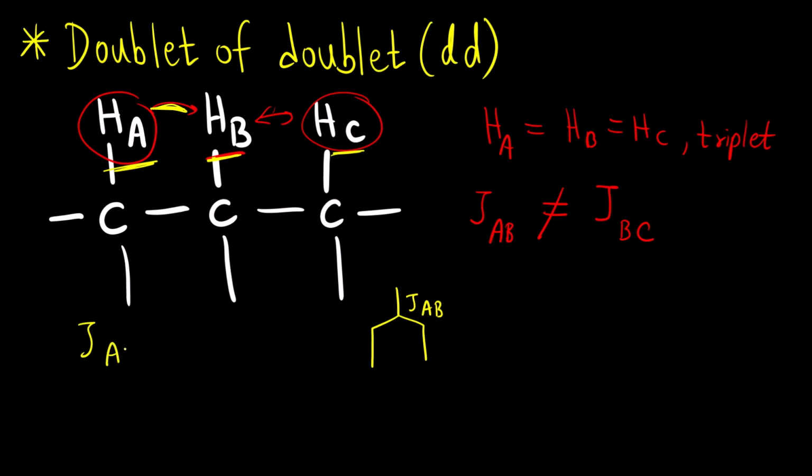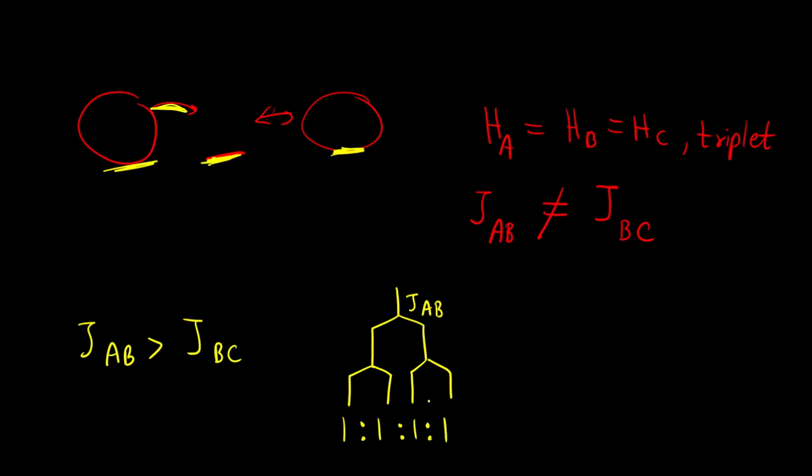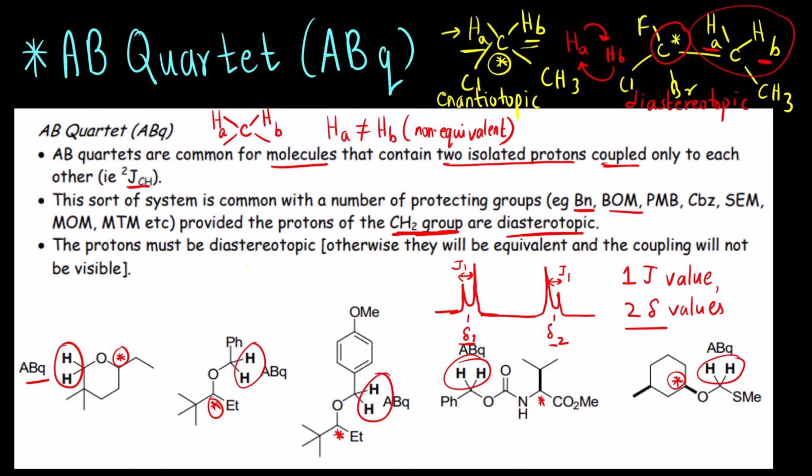If JAB is greater than JBC, the coupling constant of AB is greater than BC, then A will split the signal of B first and then C will couple. C is also only one proton, so both these single peaks will be split again into doublets like this. The difference is that here also you get 4 peaks, but the intensity ratio will be 1:1:1:1, whereas in an AB quartet the intensity value depends on